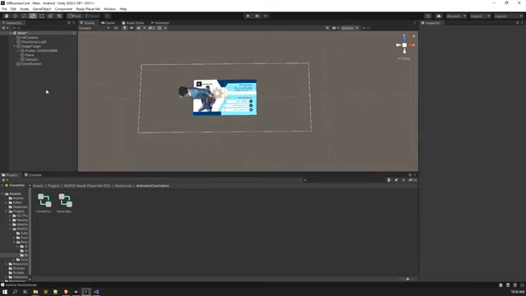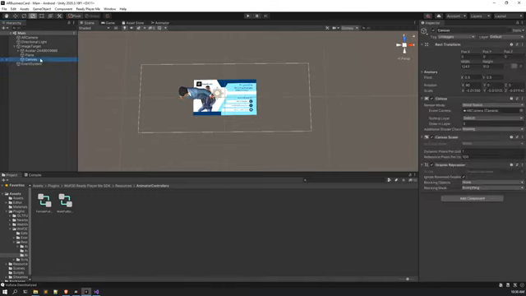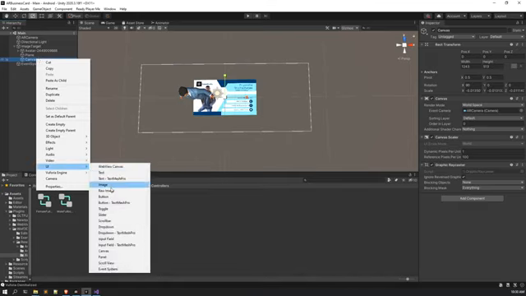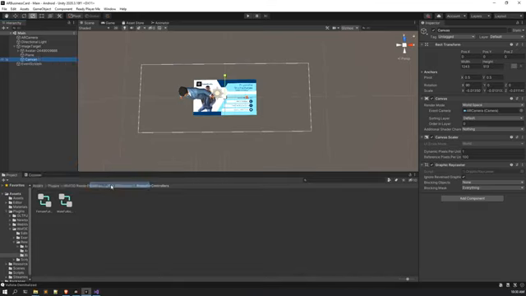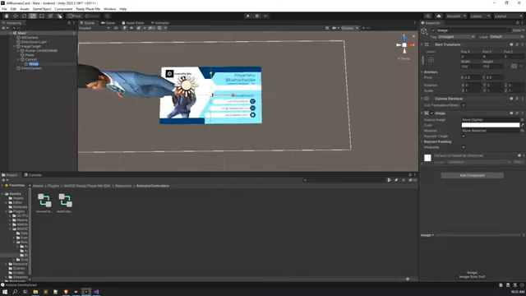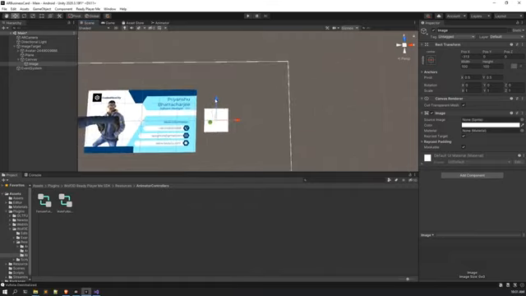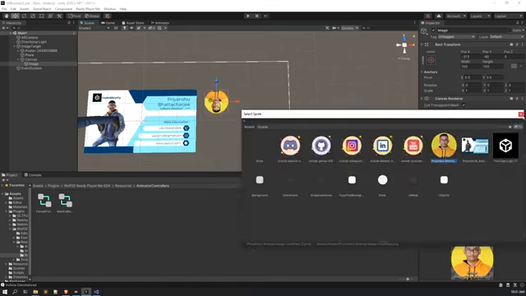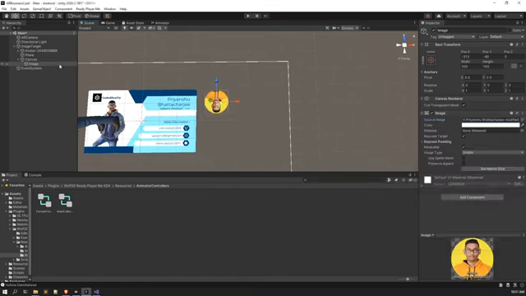Now what you have to do is add UI to it. Click on this canvas, then first of all I want to add an image, so click on this image and drag and drop it in here. This would be my profile image. I already have the profile image, so I'm going to just select it, and you can see,